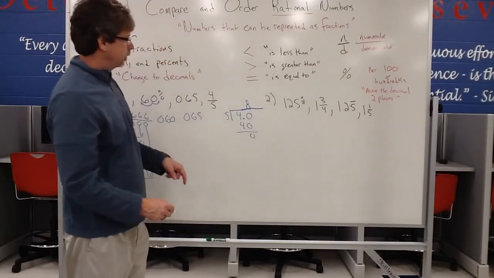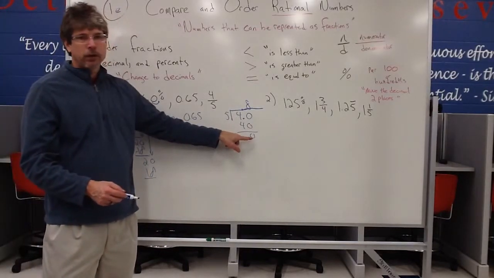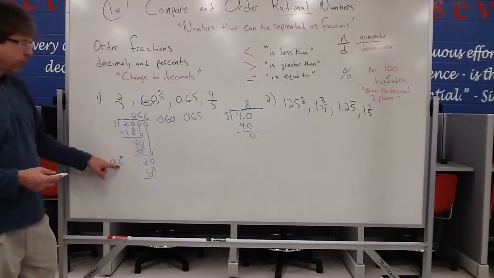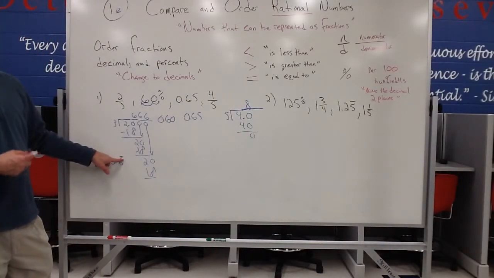Actually, I don't have to go any further. It stopped right there. We call this a terminating decimal. Terminating kind of means it stops. But over here, notice how this is a repeating decimal. It never stops. So if you ever see a little bar, that bar just means that number just keeps going